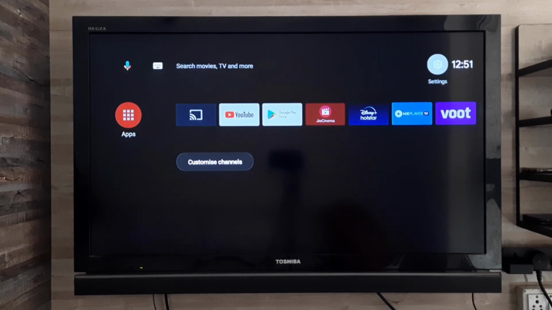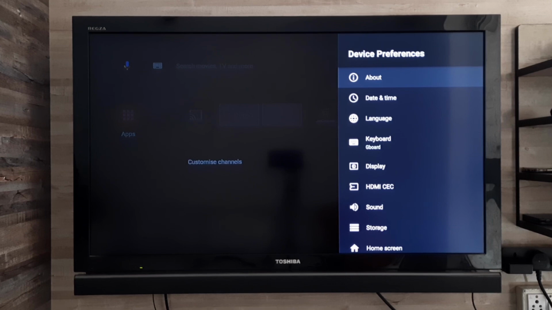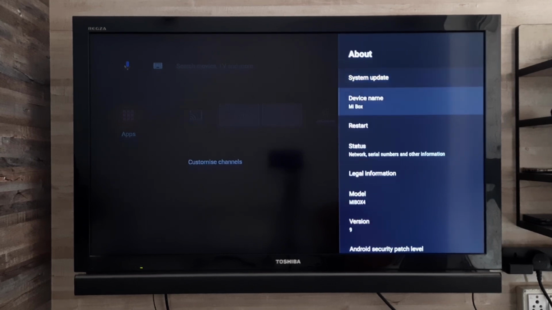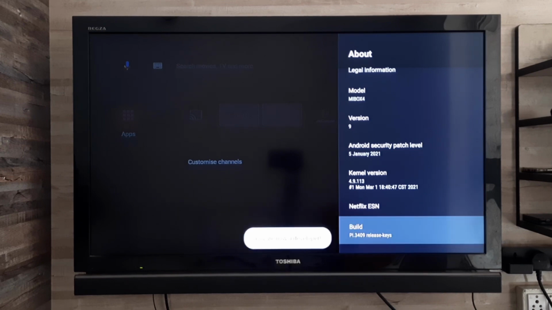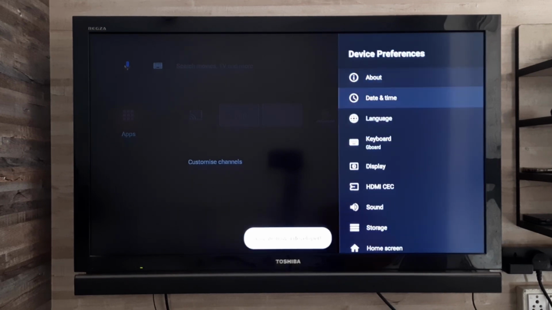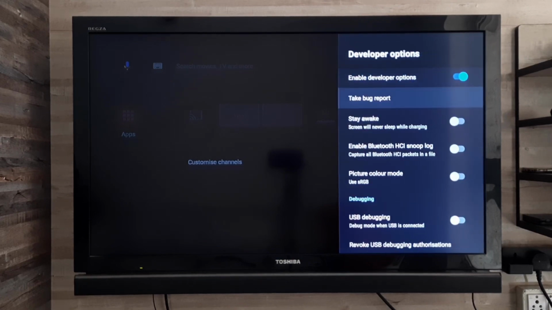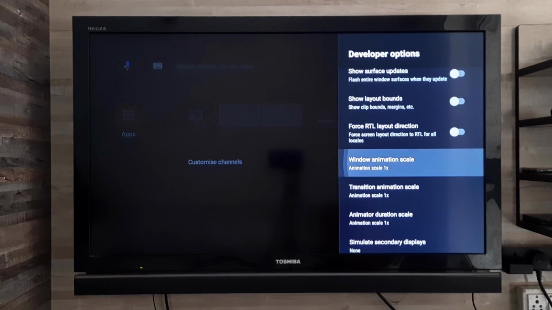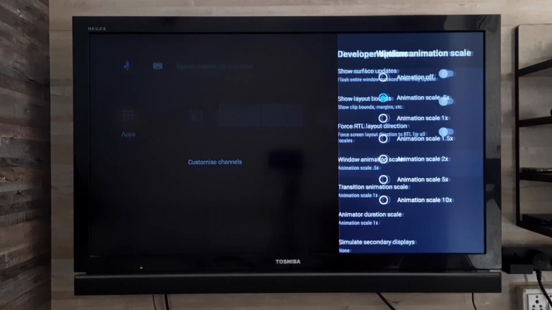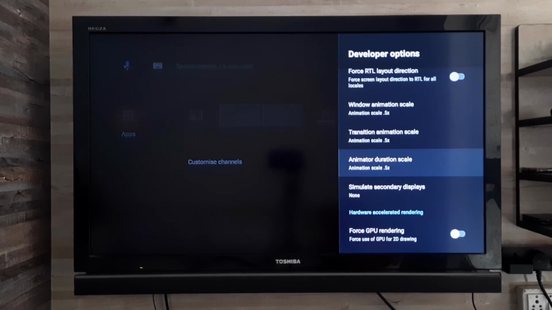Now again I am going to turn on all these options, and I am going to show you the difference. Okay, developer options, then window animation scale, 0.5x, 0.5x, and this also 0.5x.